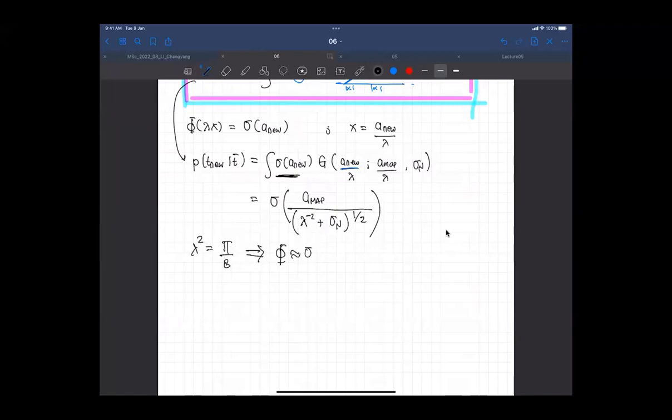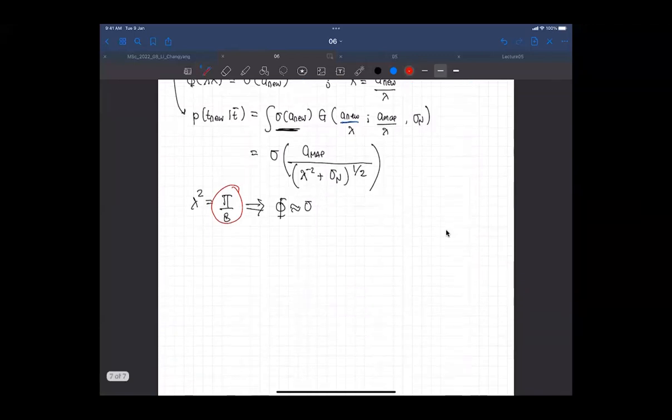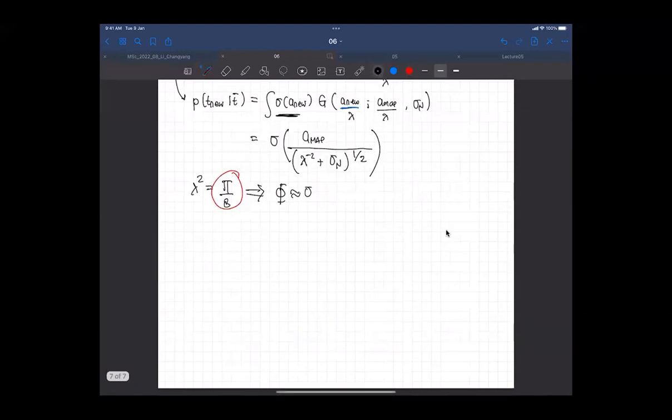Any questions here? So we want to estimate. Yes, you have to use these parameters here. You have to use this finding here. That is, lambda square has to be pi divided by 8 if you want to approximate the sigmoid function. So we have to divide the A MAP by the square root of pi over 8. Exactly. So that one is the